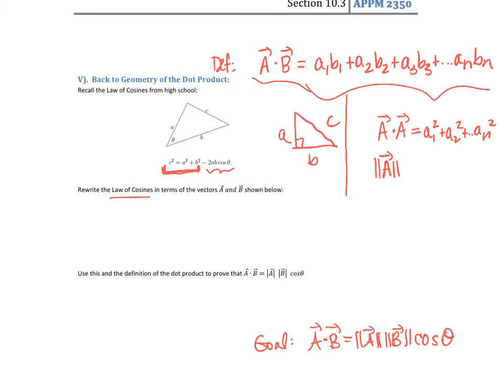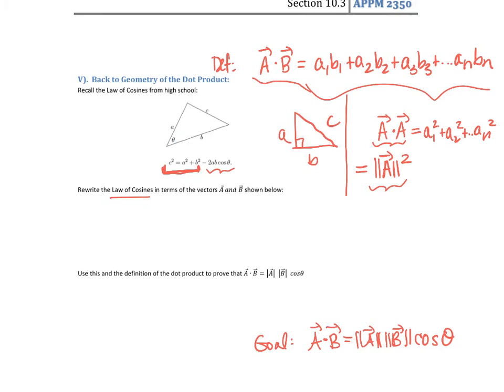And this means that the dot product is just going to be giving us the magnitude squared. And that's going to be something we use in this proof. So I want you to see that connection. I can either rewrite the magnitude squared, or I can write it as the dot product of a vector with itself. Okay, so what we're going to do first is transform this law of cosines,